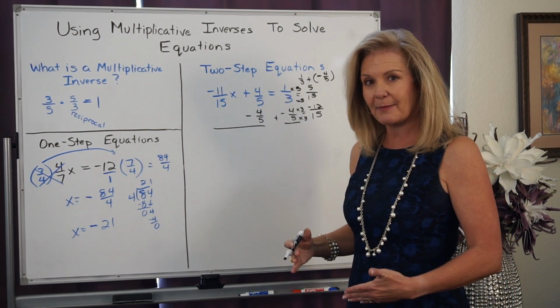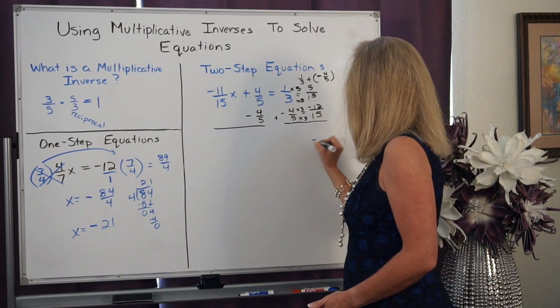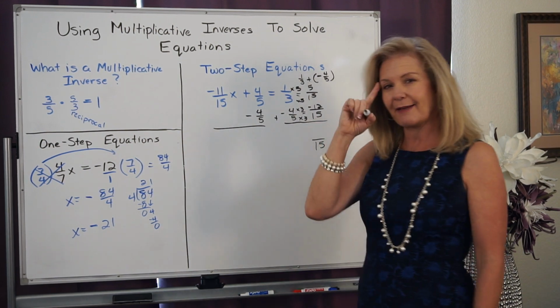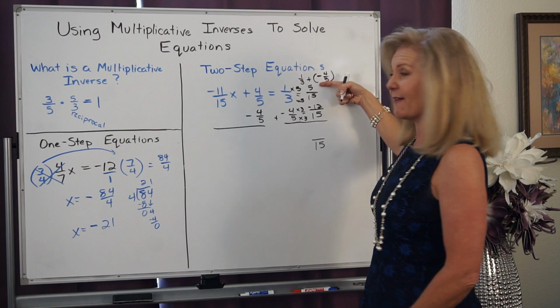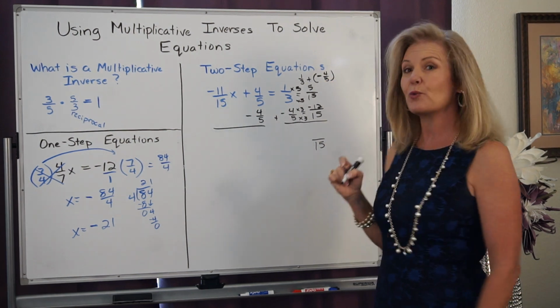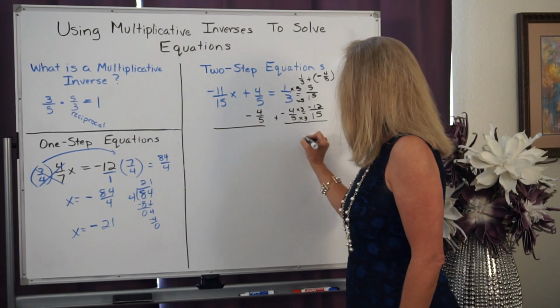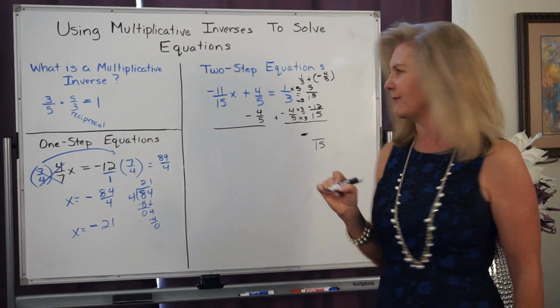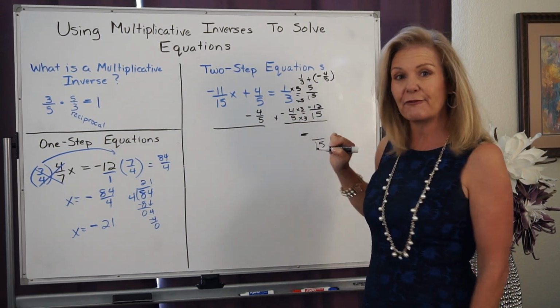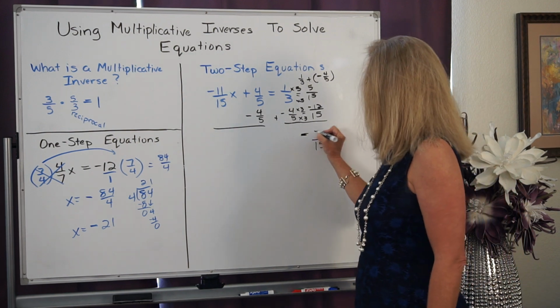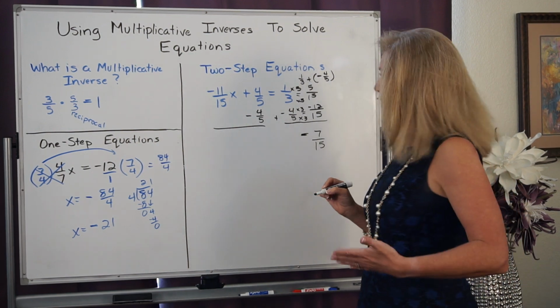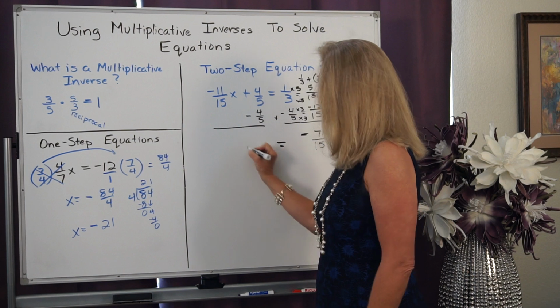Once I have those common denominators, all I have to do is bring down that denominator, but I have to think to myself, I have 5 positives and I have 12 negatives. I have a lot more negatives. So I know my answer is going to be a negative there, and I'm going to take the difference between 12 and 5, which is 7. So I'm not done yet because I still have this